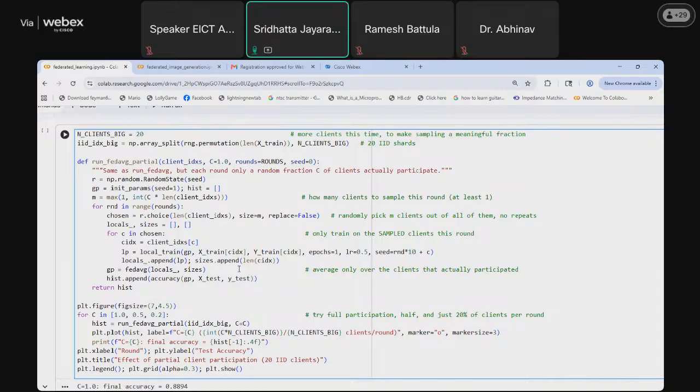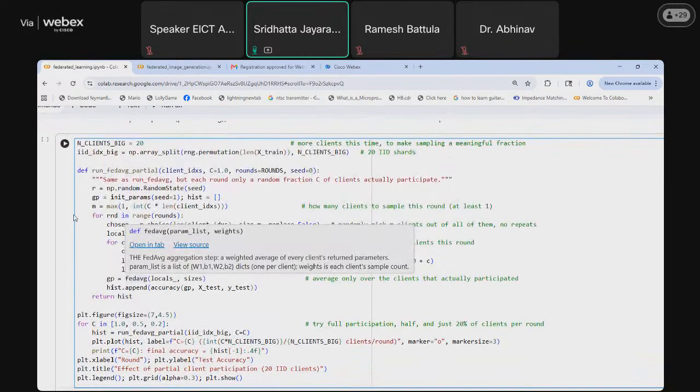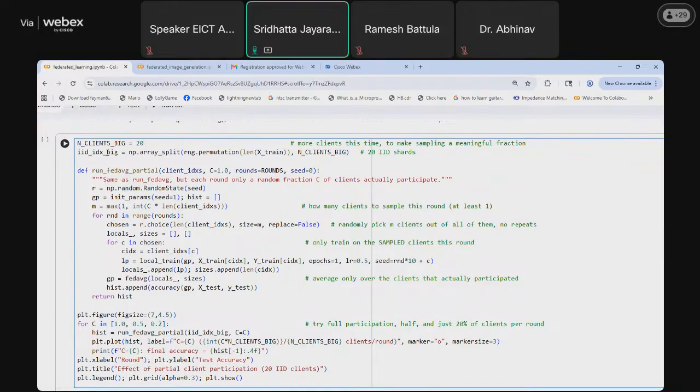This is again linked to a real-time scenario. Whenever a model needs to get trained in federated learning, there would be issues, like a particular client may be down because of issues in devices or issues in its availability. So for that, we'll be simulating that. What we will do is first define the number of clients here, 20,